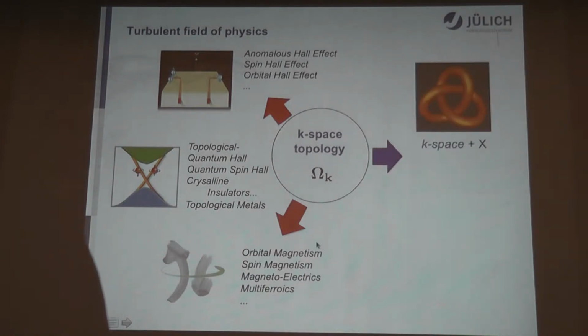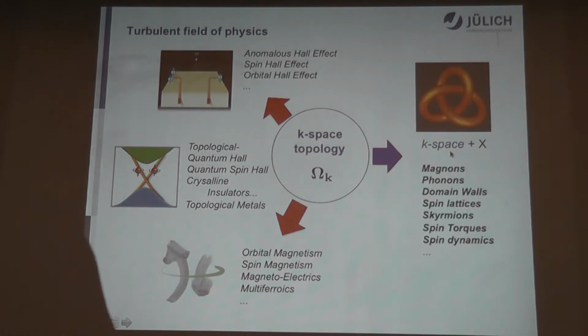However, what is becoming more and more fashionable is to put our electrons into more complicated environments, where we live not only in the K-space, but we couple it to different other parameters, such as, for example, magnetization direction. And in such complicated spaces, from such complicated topological arguments, we can actually understand a lot of physics which stands behind such fundamental phenomena as magnons, phonons, spin lattices, fermions, torques, and so on. And this is really an exciting and developing field of research where we try and we should try to contribute.